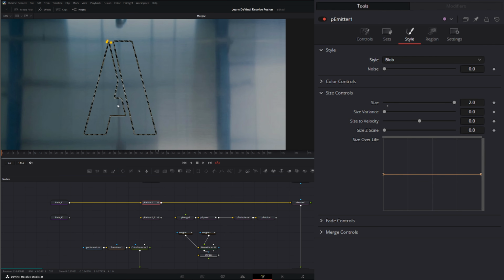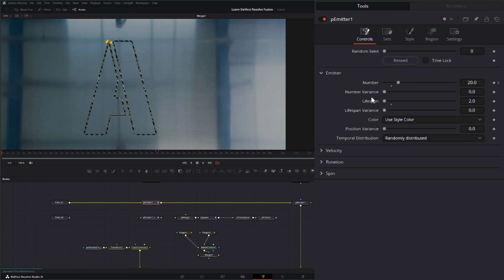And to get them to appear and reappear, we're going to change that animation within our P emitter. So I'm going to go to controls right here. If you look at our settings, this is all I have: I have our P emitter creating 20 particles per frame. I've got our number variance at 0. Each particle is lasting for 2 frames. Our lifespan variance is 0, and everything else is zeroed out. There's no velocity, there's no anything. So these are the only settings I changed. And this is where we animate when the particles start and stop. So if you notice right here, we've got 2 little animations. So as I play,